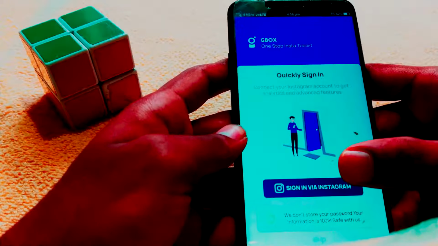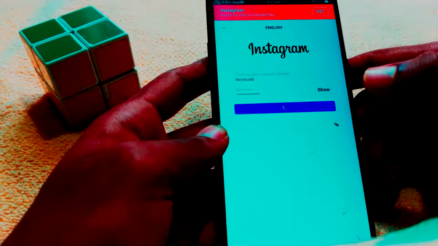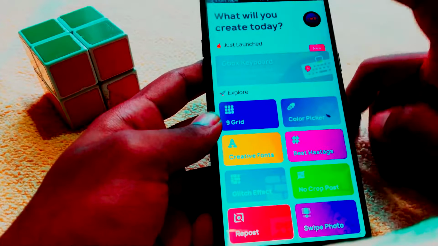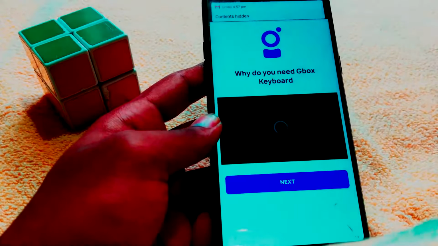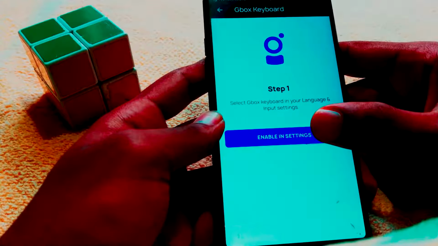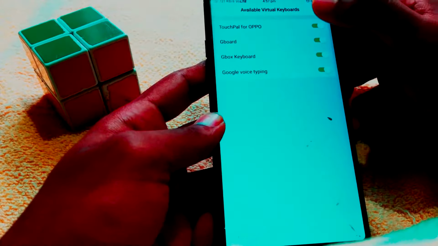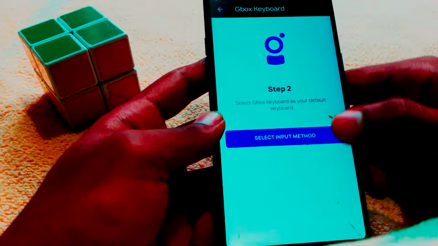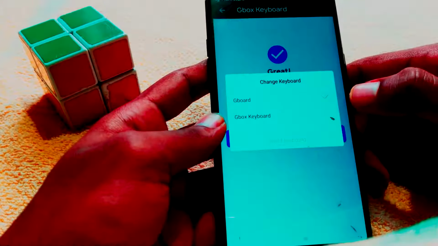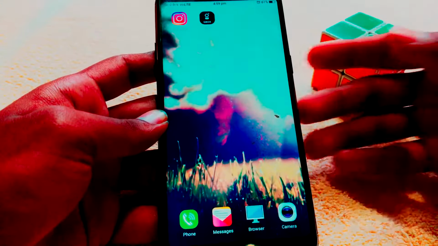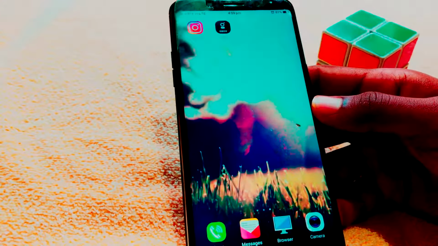And you have to sign in with your Instagram account and click on login. And you will be led to this page. You have to click on Gboard keyboard and click on next. Enable settings. You have to enable this Gboard keyboard and go back. Click on select input method. Click on Gboard, this one, and done. Now let's see how